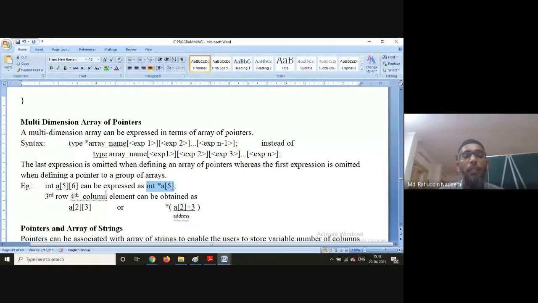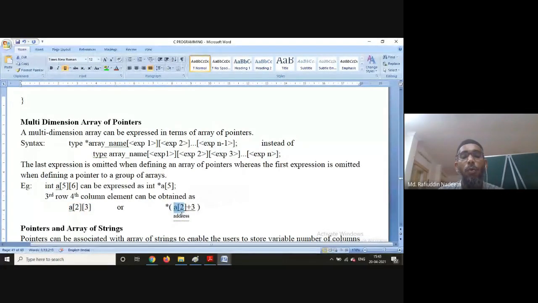And if you want to access the third row, fourth column element, it can be obtained like this: a of 2, 3, which is the regular one you already know, or you can say star of a plus 2 plus 3.